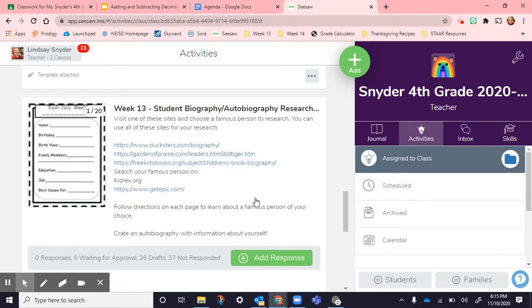They can go into Epic and search for their person and see if there's books on there. They can use Sora, any of the library resources that we have. Those aren't listed here, but they're all in their Launchpad. They can search their person, like PebbleGo, things like that has lots of good information. So maybe they don't find the family members on one page, but they might find it on another resource. So combine a bunch of things together and make sure you're doing a good job researching your person. So we worked on that a little bit. And then